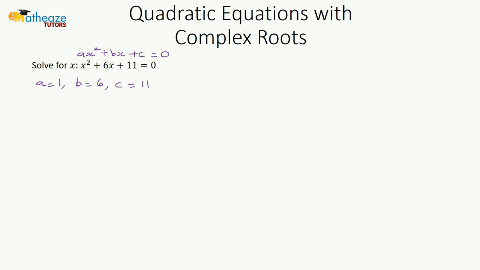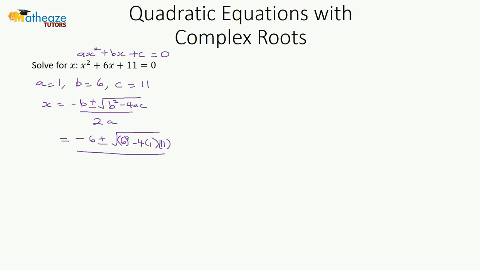So x is equal to negative b plus or minus square root of b squared minus 4ac over 2a. So let's substitute: negative 6 plus or minus square root of 6 squared minus 4 times 1 times 11 over